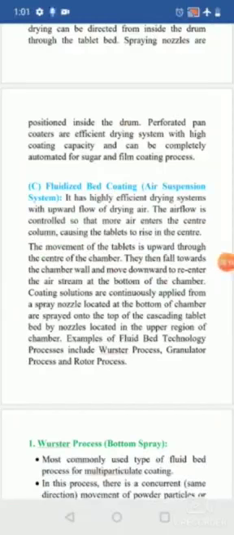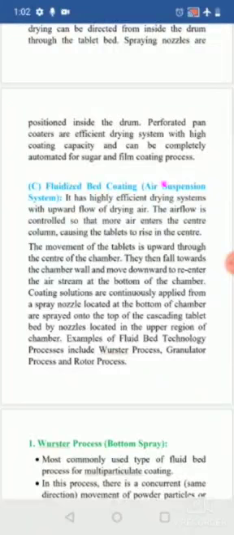Okay, so next is the fluidized bed coating, or the air suspension coating. In this type, you are going to spray the air from the bottom of the tank, which is a specially designed tank, like your fluidized bed dryer. Here you are going to insert the air from the bottom of the coating pan. This is going to make the tablets rise up in the air. The tablets rise up into the center of the pan, and again fall back to the bottom.